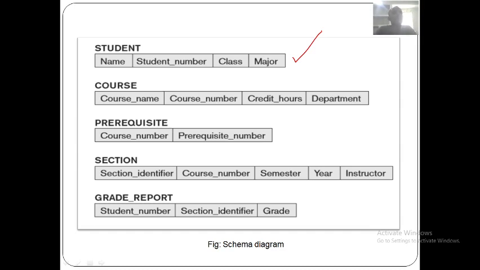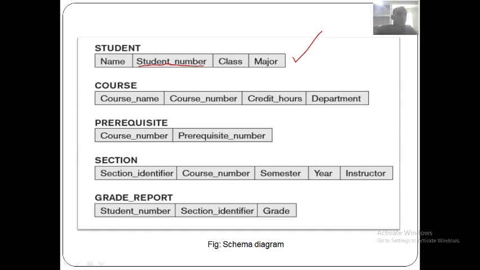This is the description of the student, but the data is different. This tells only the description. If it is a primary key, it will be mentioned like this: student number is a primary key. Only a limited number of constraints are mentioned in the schemas. So the description of the table is known as, what is that?